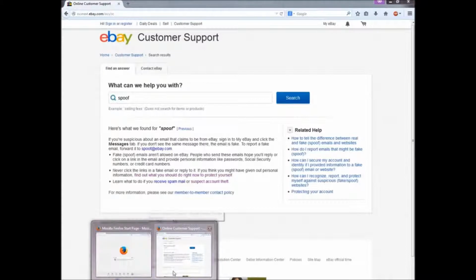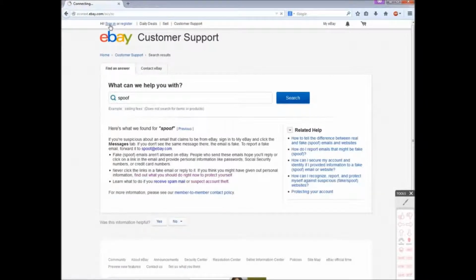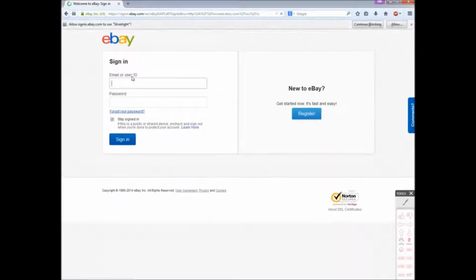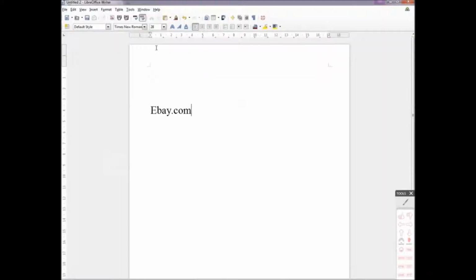So for example, if you're logging into ebay.com and going to the sign in page, the sign in page has signin.ebay.com. So that is their genuine thing, and the fake can be